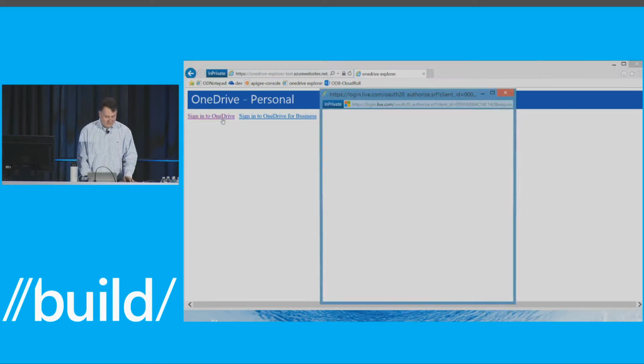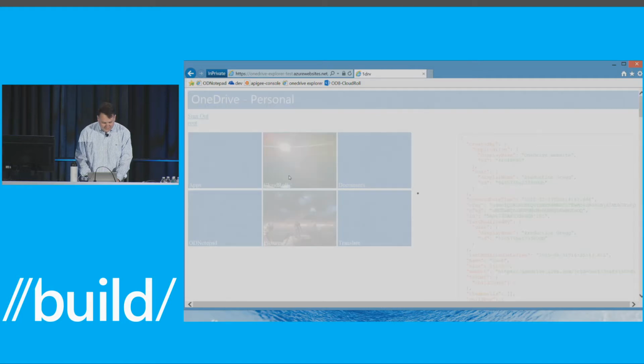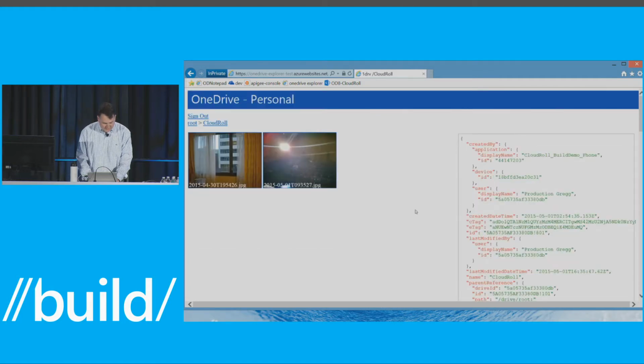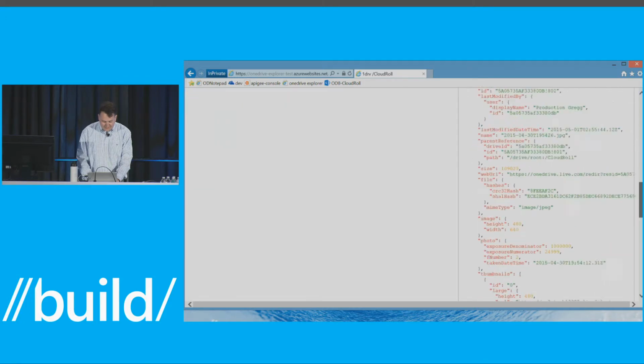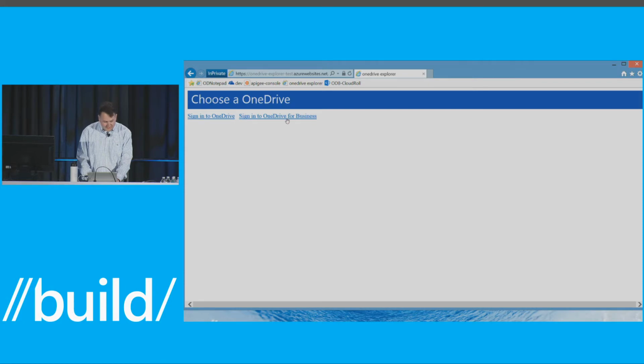So if I click here and sign into my OneDrive Personal and go to the Cloud Roll folder, you'll see here's the picture that I just took of the audience, and here's a picture of my hotel room. Everything works great. You get thumbnails, you get all this rich metadata coming back, all from the same code. If I sign out and sign into OneDrive for Business,